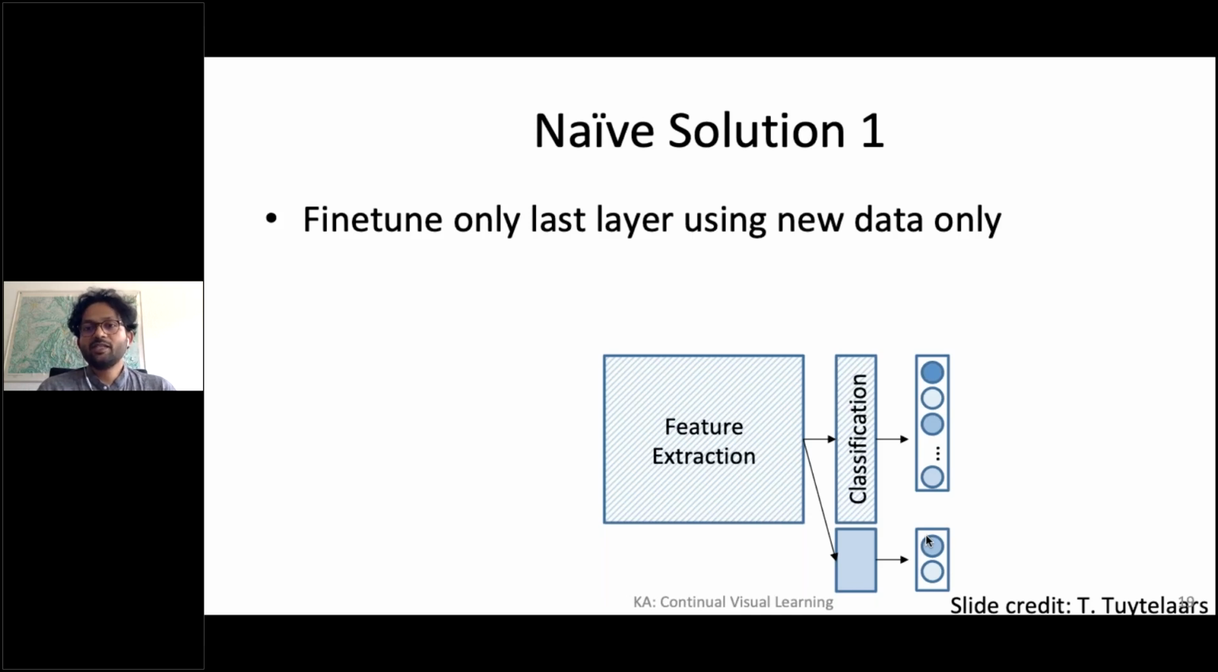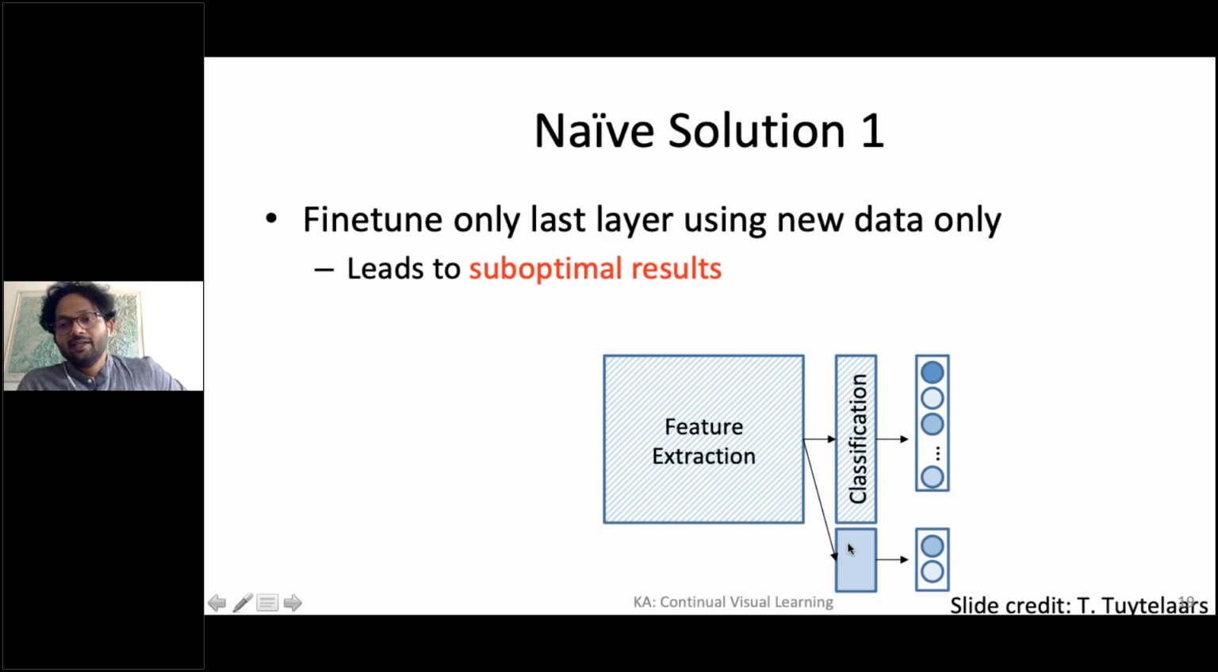But here we're only using the new data. So we're not storing any of the old data. But clearly the issue here is that it leads to suboptimal results, as we will see in a couple of slides. Because this is not completely unexpected, because the features that you've extracted were tuned or learned on the old set of data or tasks, which means that they are not very appropriate for the new data that you're seeing. Okay, so we need to